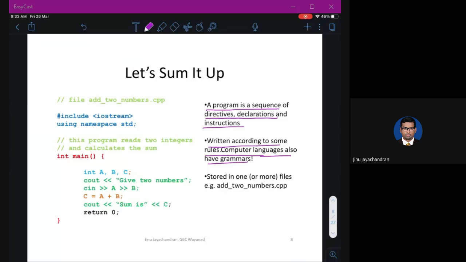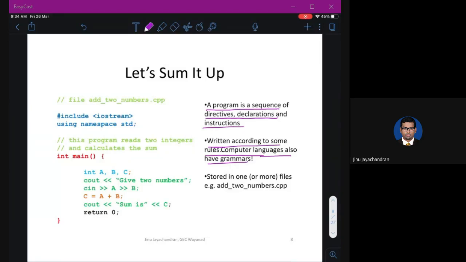For example, when you are talking to somebody, you have some rules that you should follow. If you're talking to your head of the department, then you know that you should be polite. You should speak only the thing that you want. But if you're talking to your friend, then you don't need to be polite. Ideally, you should be polite, but I know nobody will be.